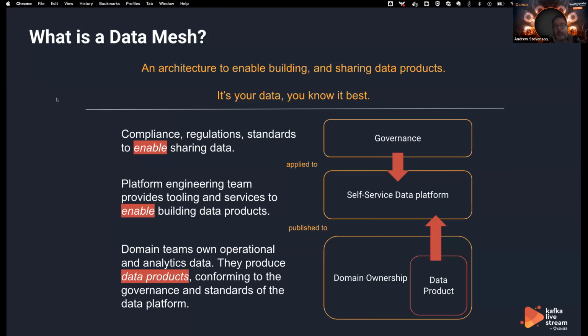So in a data mesh, you typically have three pillars. This is what I see in it as well. You have the governance layer that doesn't disappear. You still have the compliance, GDPR, regulations to handle as well, if you want to share this data. And then you've got a data platform. Right? And this is where your centralized platform team comes back in. But what they need to be focused on is providing tooling and services so people can actually build data products